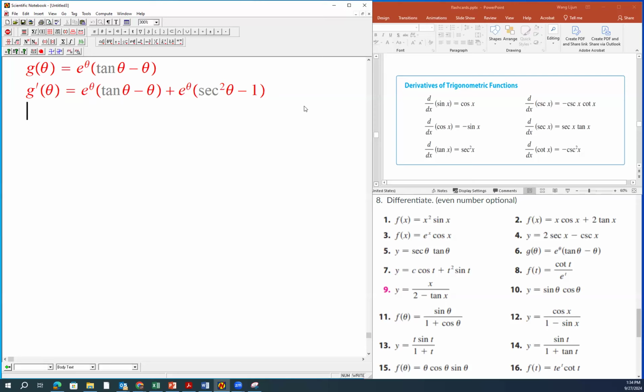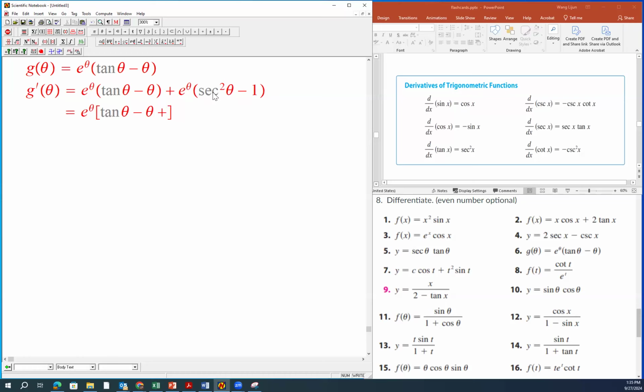So we are pretty much done. But if you want to reduce it, you can use your knowledge about trigonometry to simplify it. Okay. At this stage, I will accept this one as the answer. But knowing that we are going to do more in chapter 4 on these things, I'm just going to give you a little more work that may give you a glimpse of it. So e to the power theta will be factored out, right? And inside here, we have tangent theta minus theta